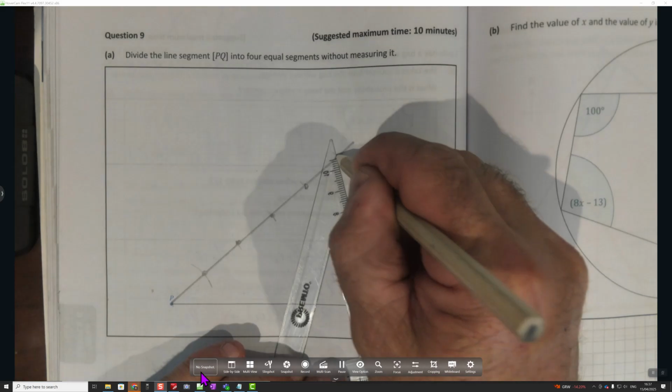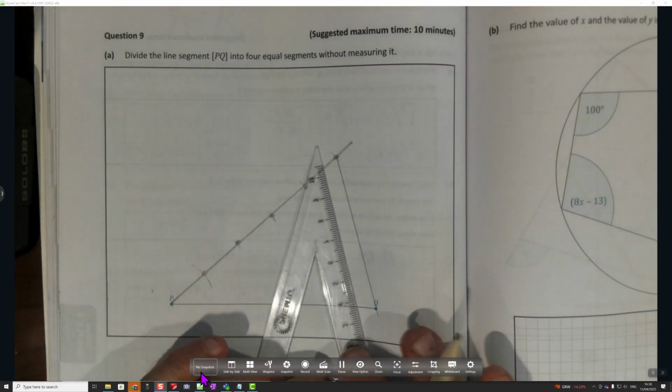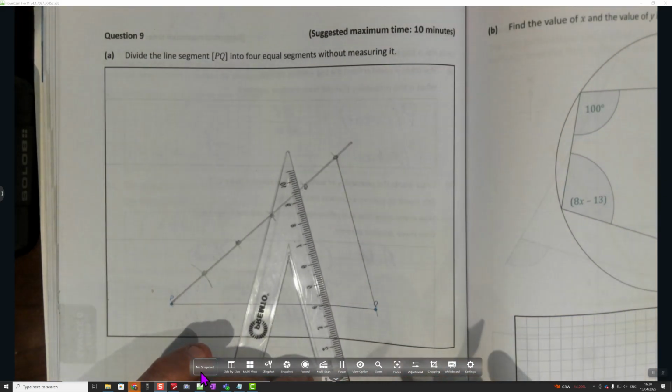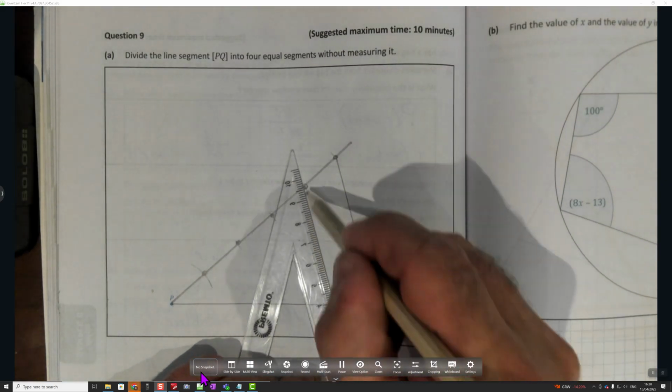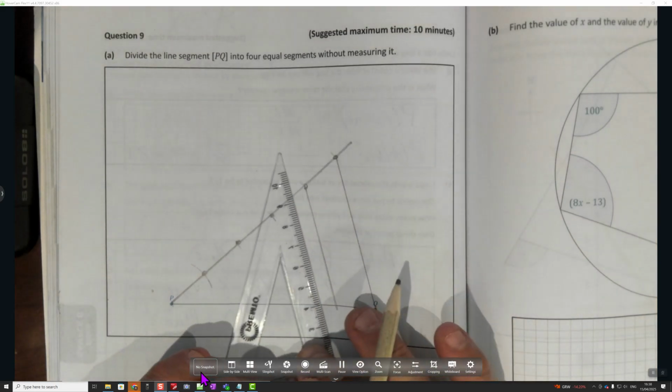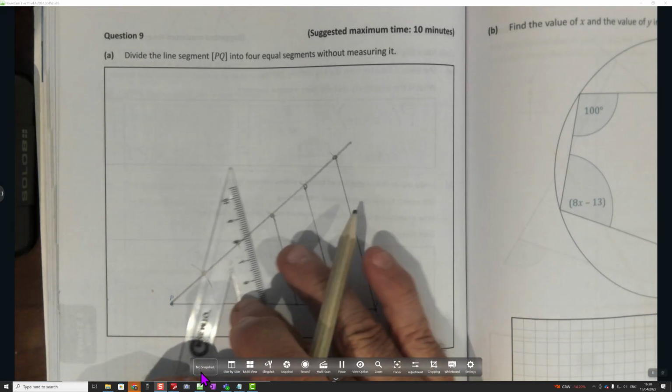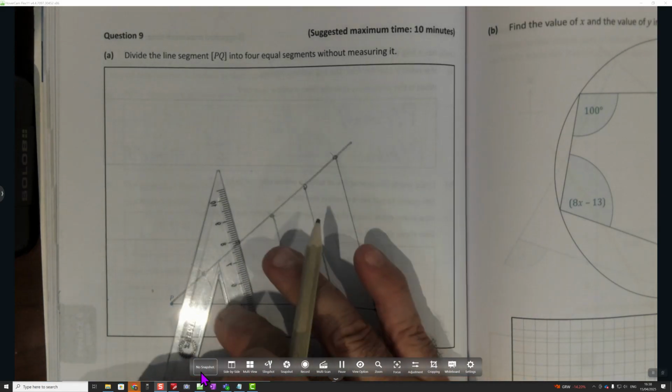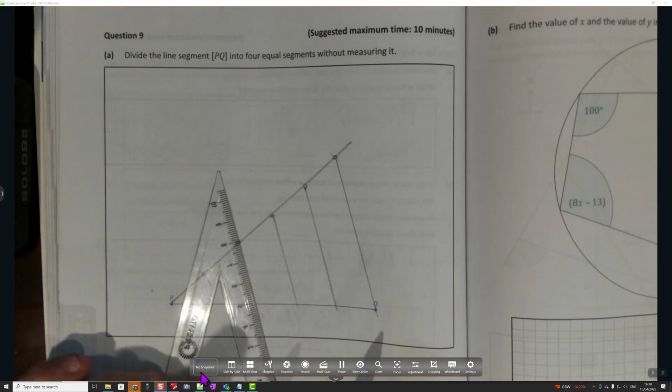Okay, so that's my first line in. Technically speaking, you could omit that one. 2, 3, just going to lock in here and lock this. 4,